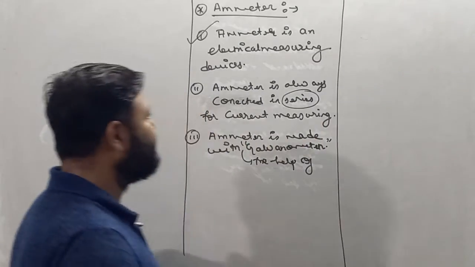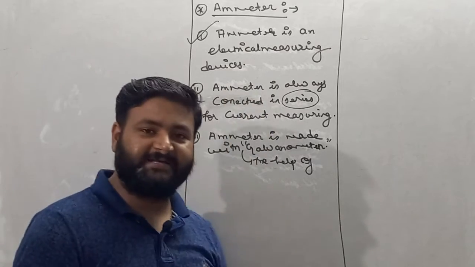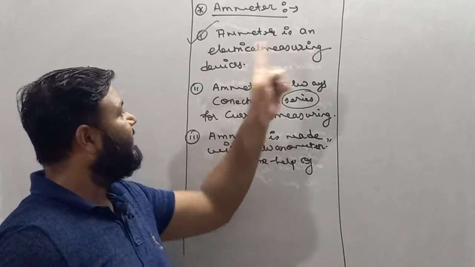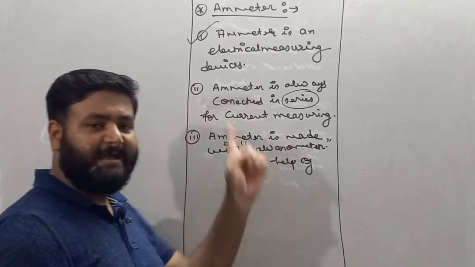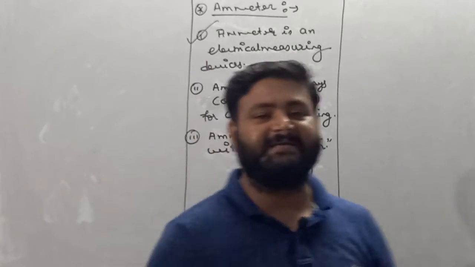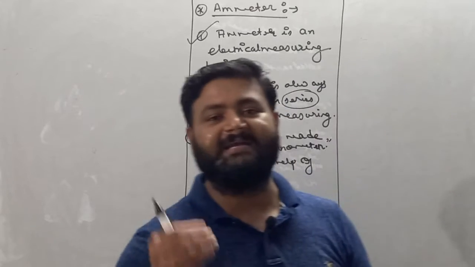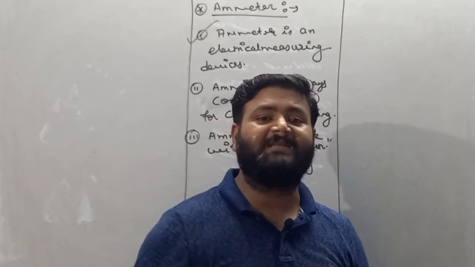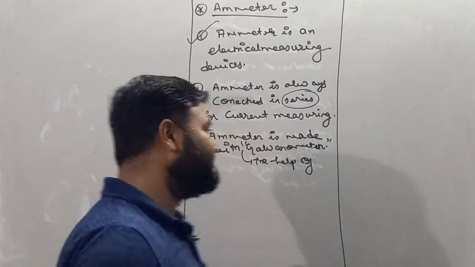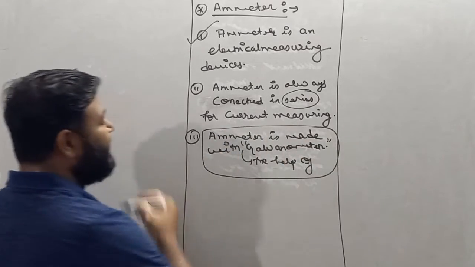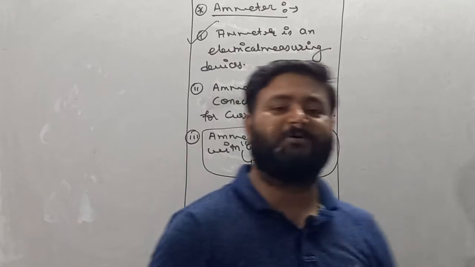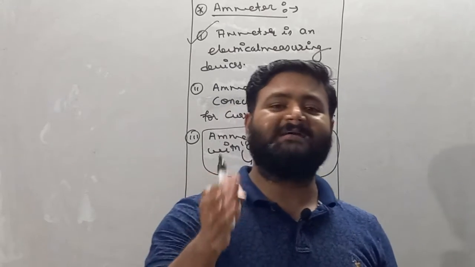See what I'll write. First point, ammeter is an electrical measuring device. Second point, ammeter is always connected in series to measure the value of electric current. Third thing, which is very important and very interesting, is ammeter is made with the help of galvanometer. Why? See, my dear student,